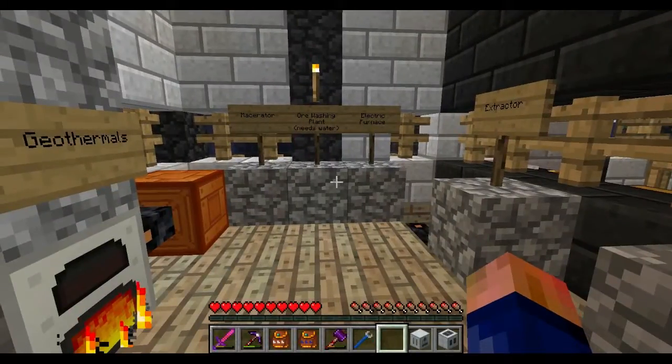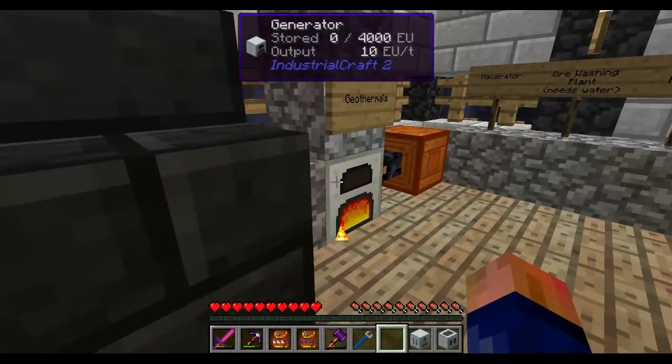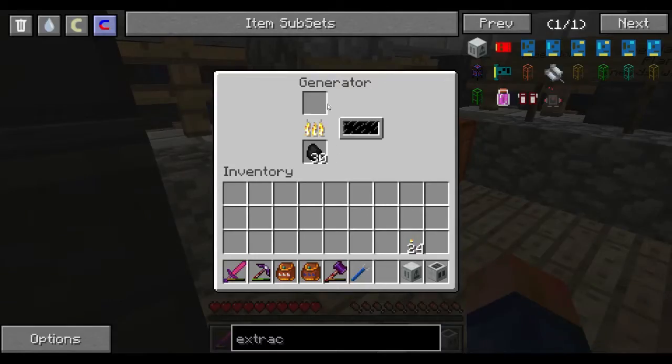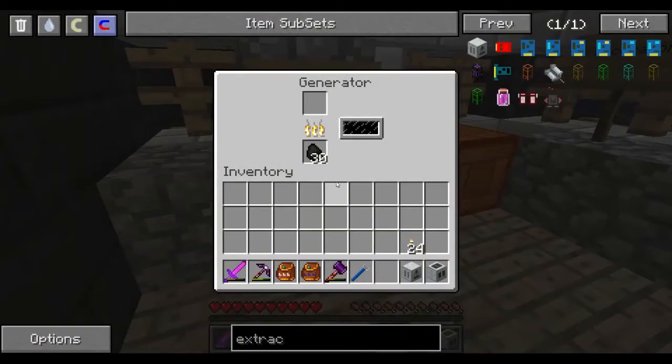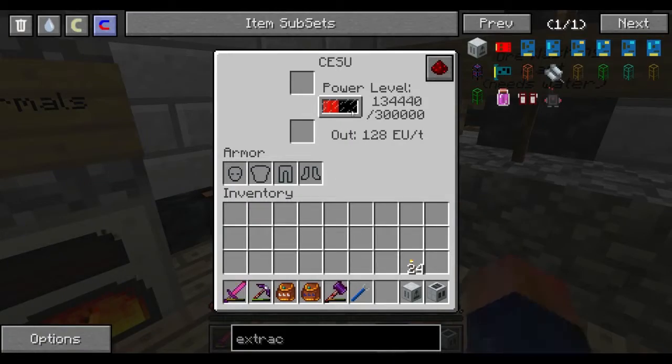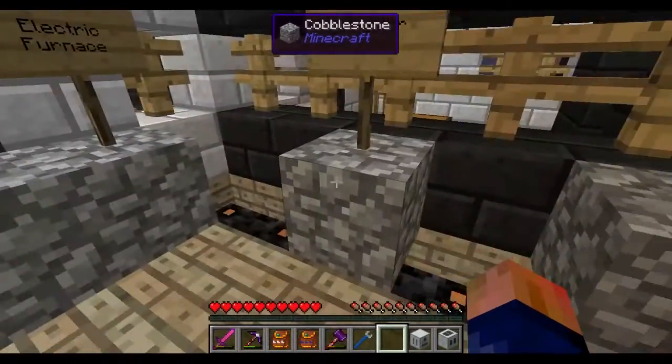Okay, so I've got power building up in this room now. I'm just going to run one generator for the moment. It's only a temporary thing, but it has been filling up this CESU while I've laid power and been crafting